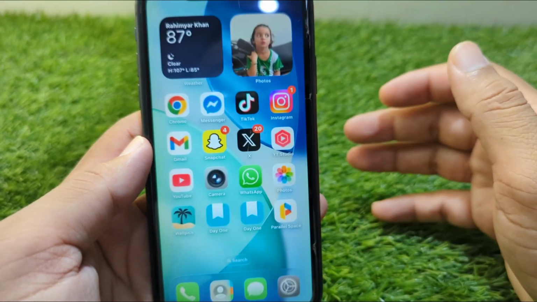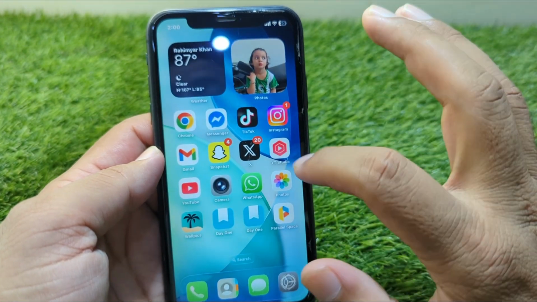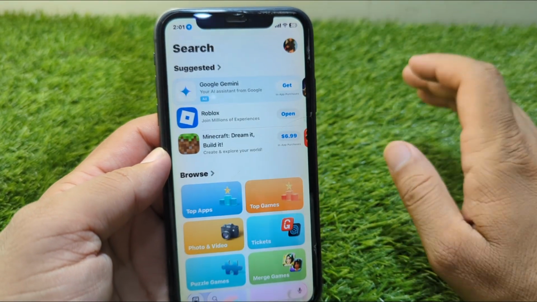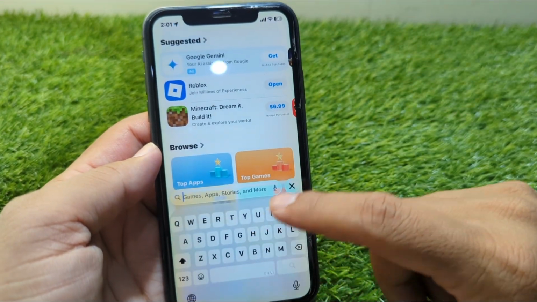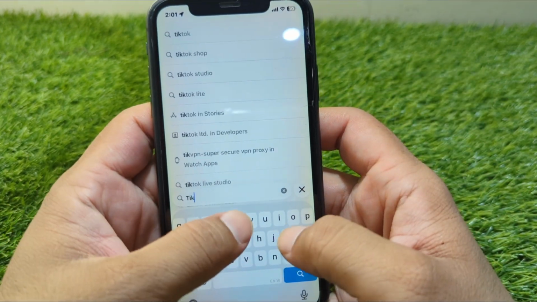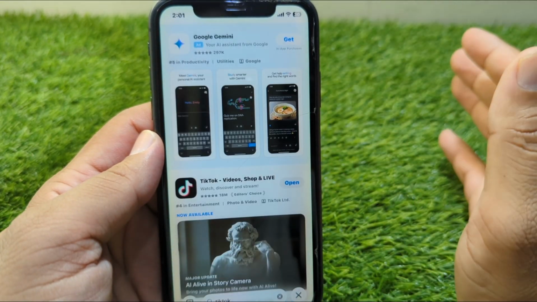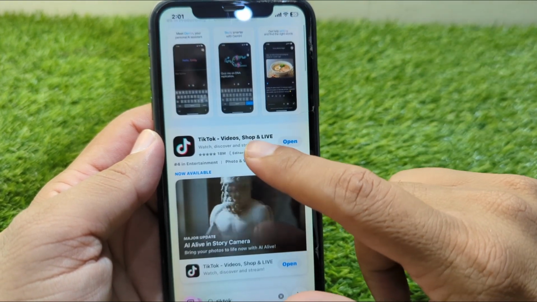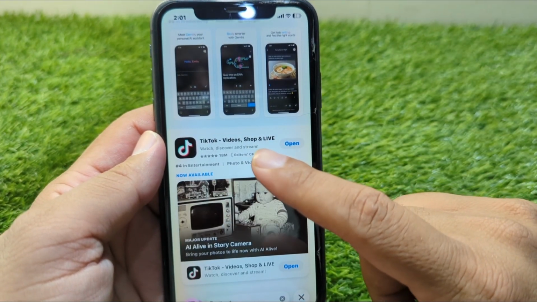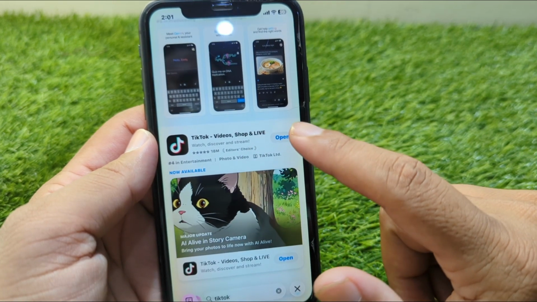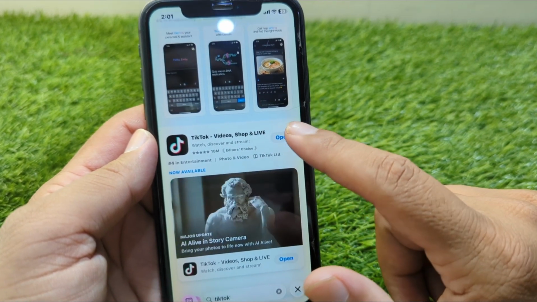So guys, first of all go back to your home screen and now you have to simply open your App Store or Play Store and search here for TikTok. And from here you have to simply download and install the latest version of TikTok app on your device, and after this open the app,